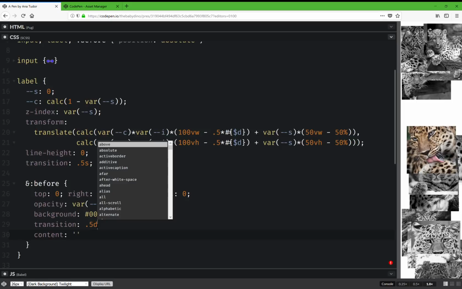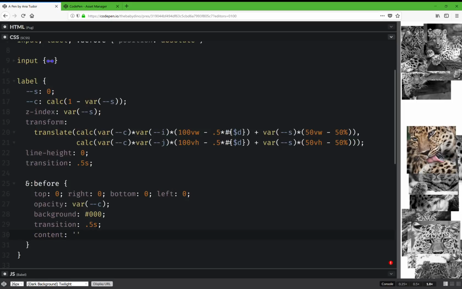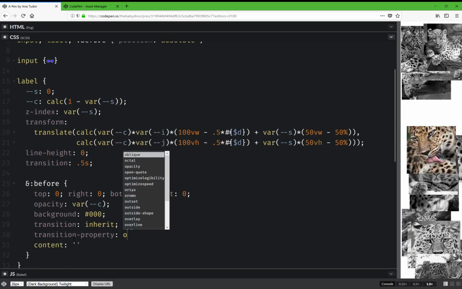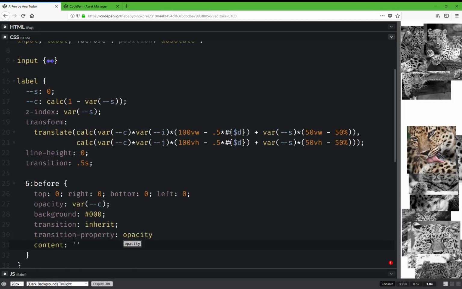Transition half a second. Actually, I'm going to have inherit, and here transition property is going to be so